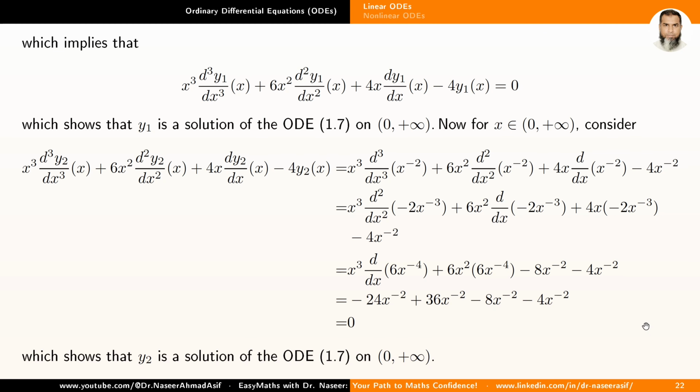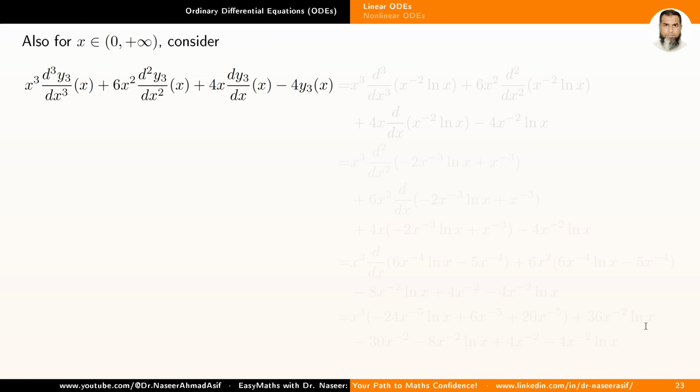We show that y2 is a solution of the ODE 1.7 on the open interval 0 to plus infinity. Also, for epsilon in the open interval 0 to plus infinity, consider s cube d3 y3 by ds cube of x plus 6s squared d2 y3 by ds square of x plus 4s dy3 by dx of x minus 4y3 of